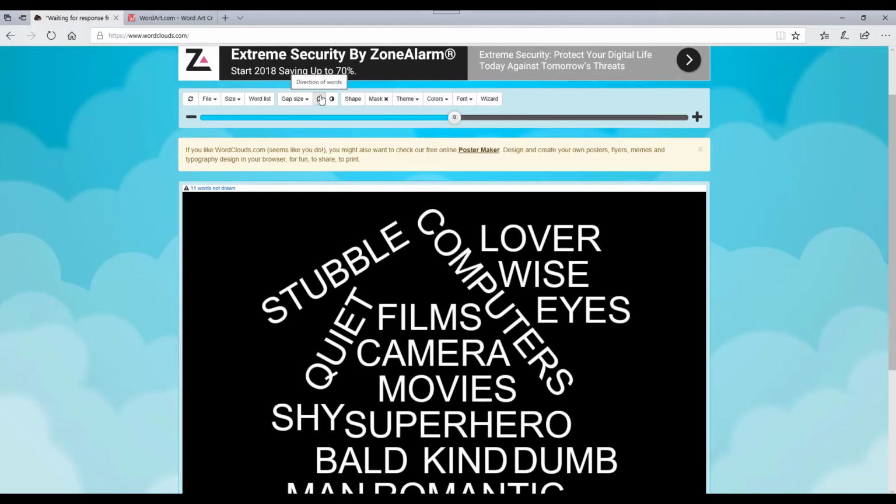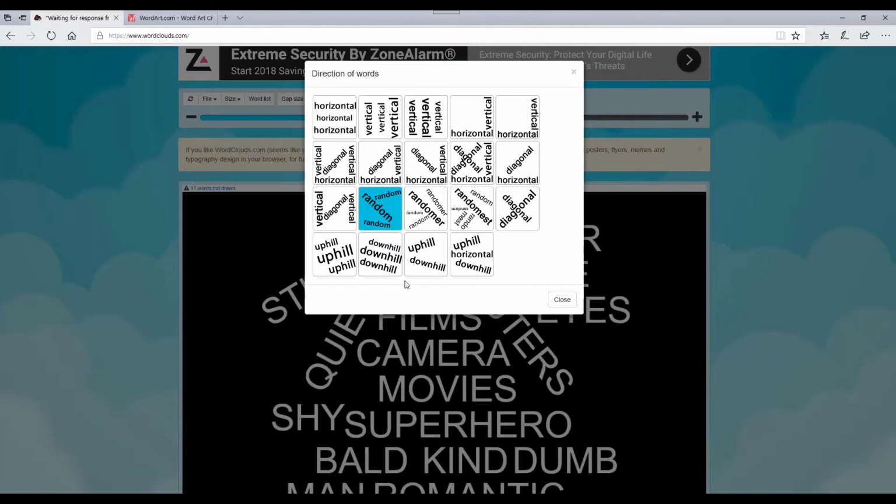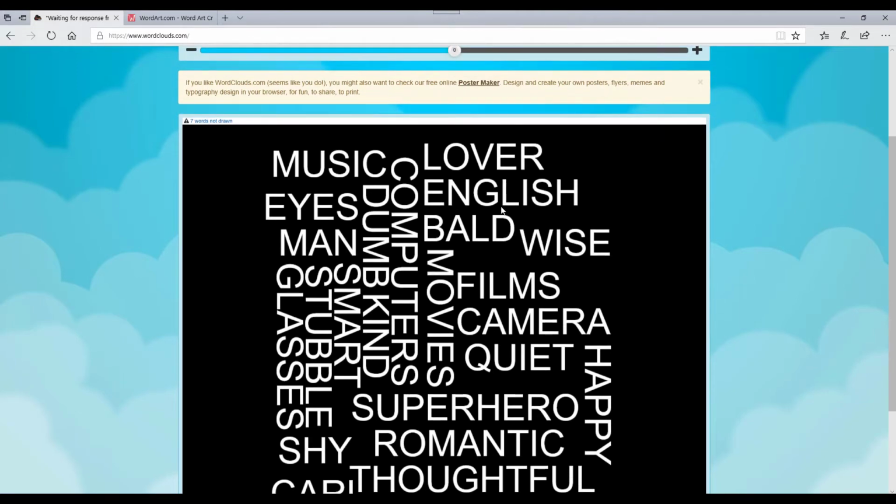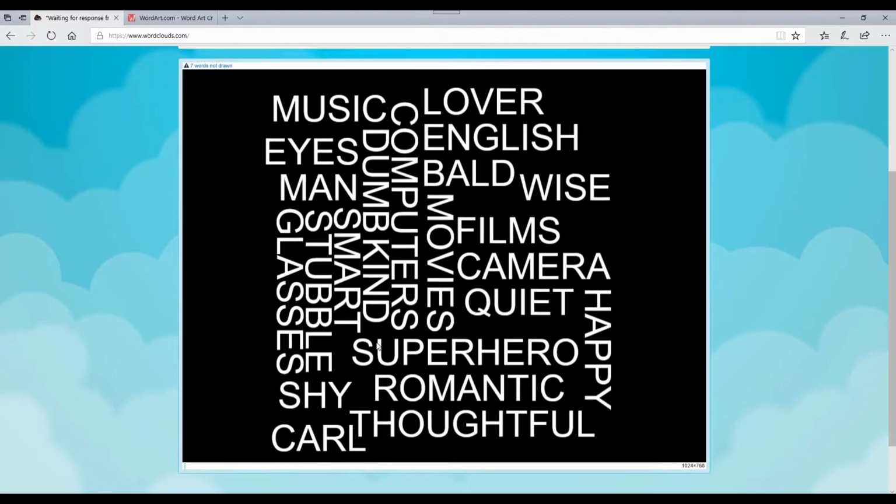And then the last one is this round arrow here. If I click on that, you can pick whether you want them all to be horizontal or vertical, or horizontal and diagonal, or just randomize them, which is what it's currently set on. But I'm going to go with horizontal and vertical. So we've now got